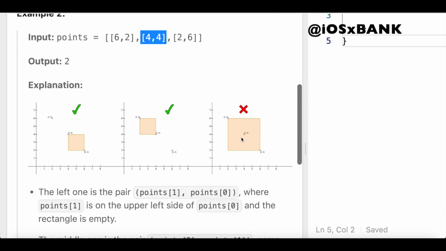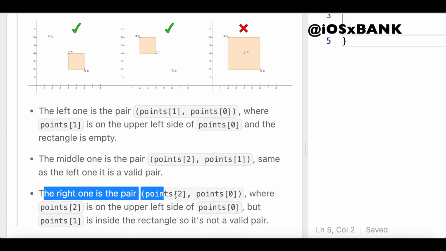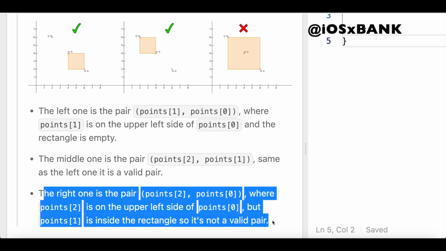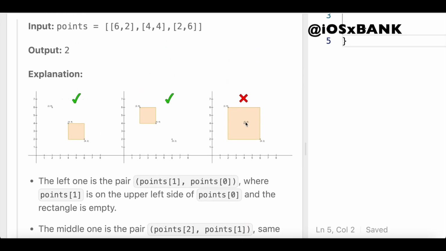square. So let's take a look and see why this does not work, right? So it says the right one is the pair points of 2 and points of 0, where points of 2 is on the upper left side of points of 0, but points of 1 is inside the rectangle, so it's not valid. So this is an example of where the point is not valid because there is a point inside